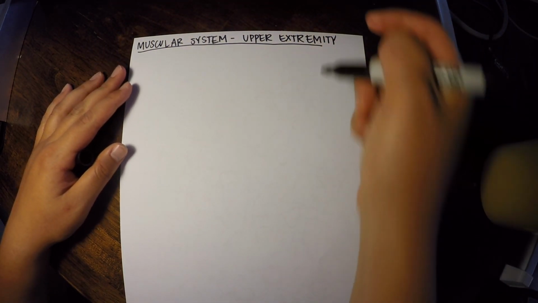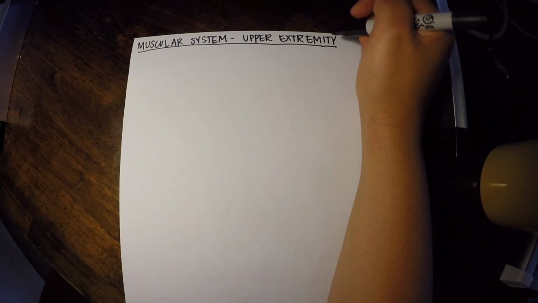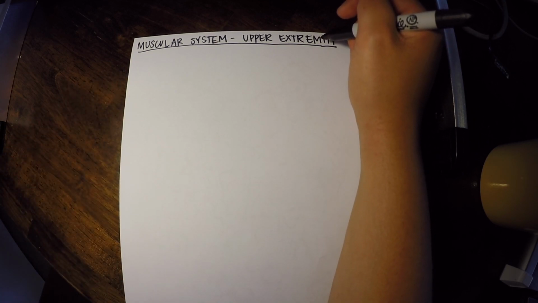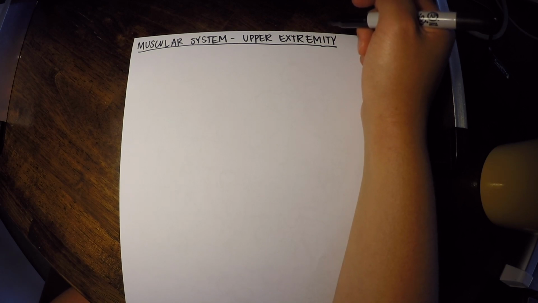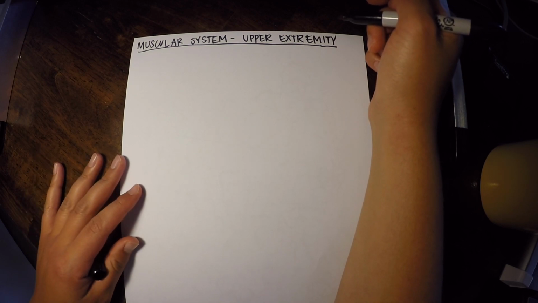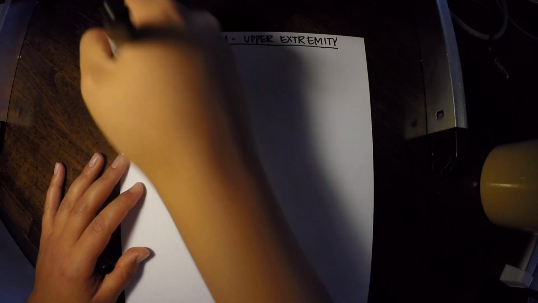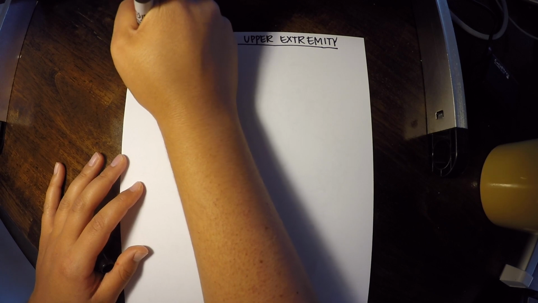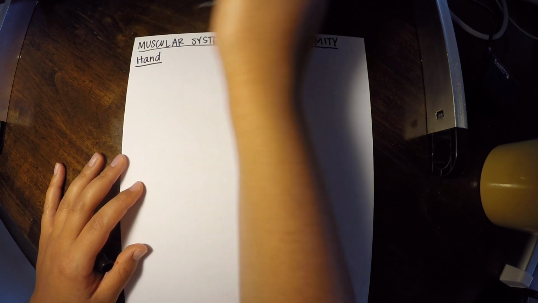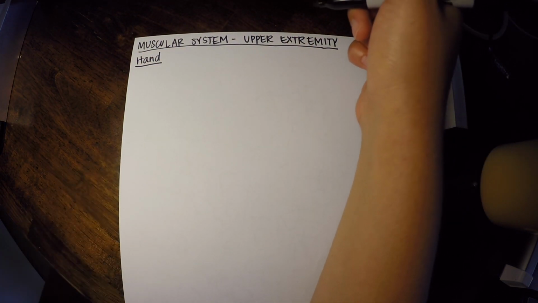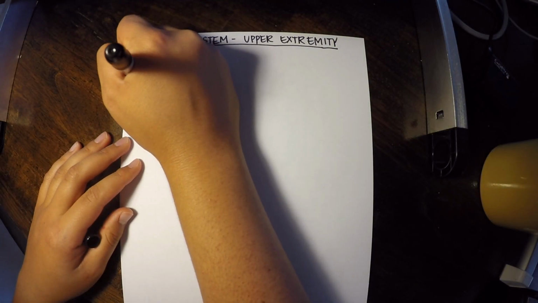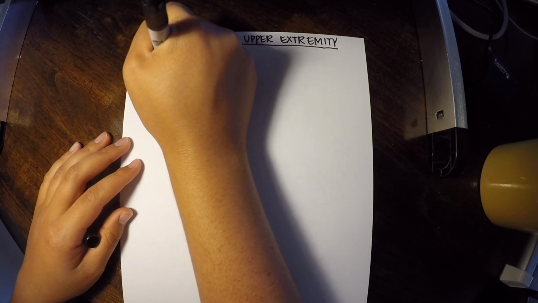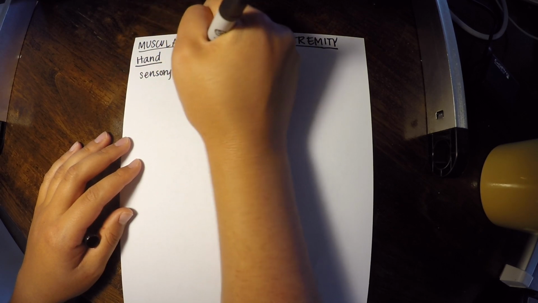So before we get going with the specific muscles of the muscular system, which can also be found on the muscle charts or tables that I posted on the course website, what I'm first going to review is some components of the hand. Now, these aren't specific muscles, but it's good information for us to know. So the first thing I want to discuss is sensory innervation